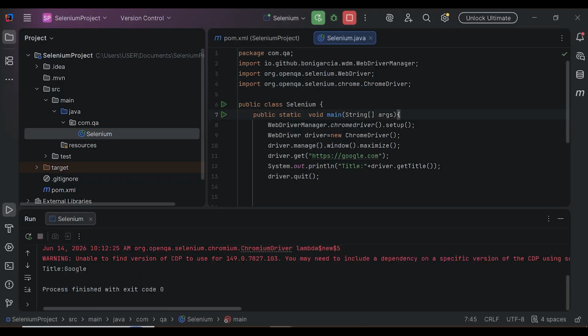Google, in the console. I hope this tutorial helps you understand the fundamentals of Selenium and how easy it is to get